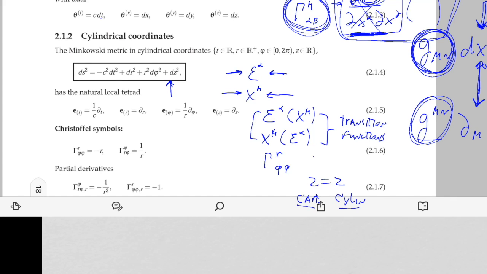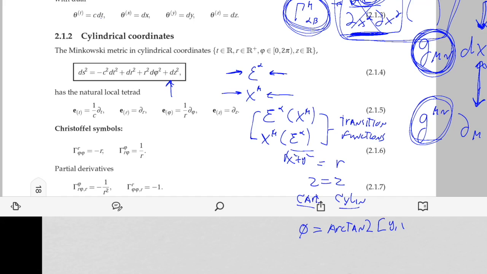R in the cylindrical system is going to be the square root of x squared plus y squared. Right, that's the transition function for R. And what else do I need? I need phi. Phi is going to be the arctan2